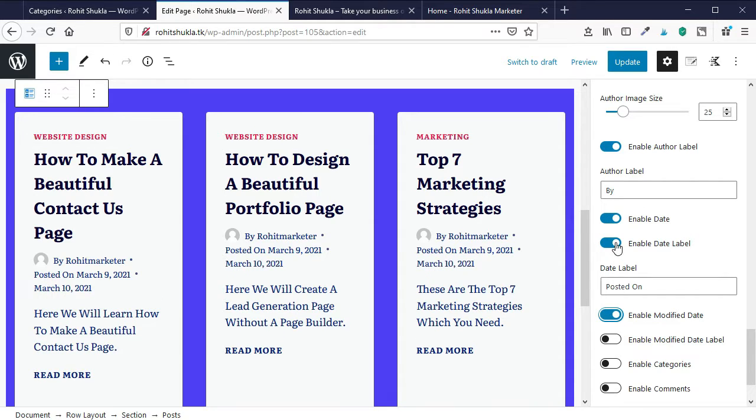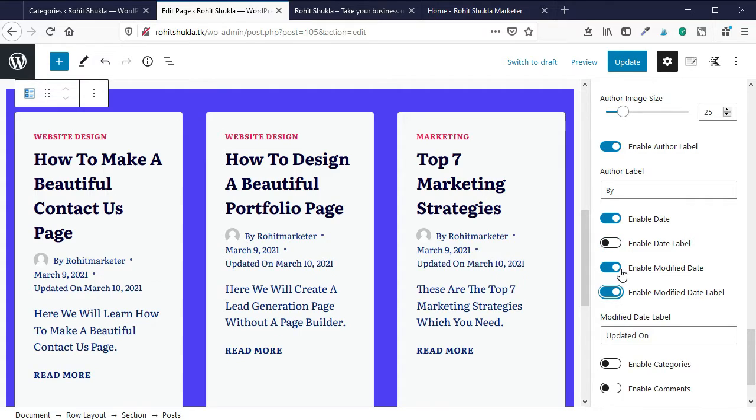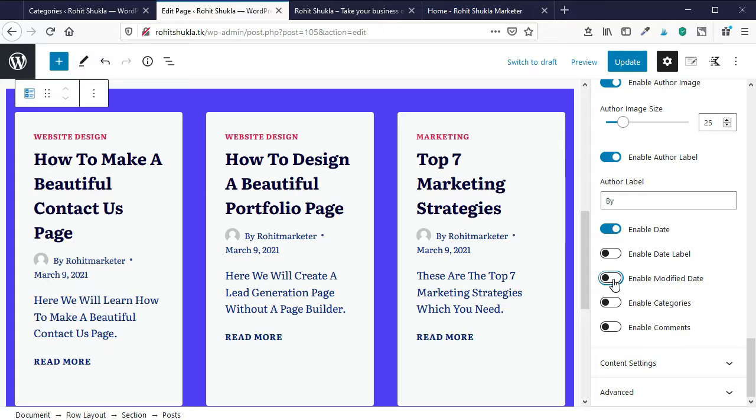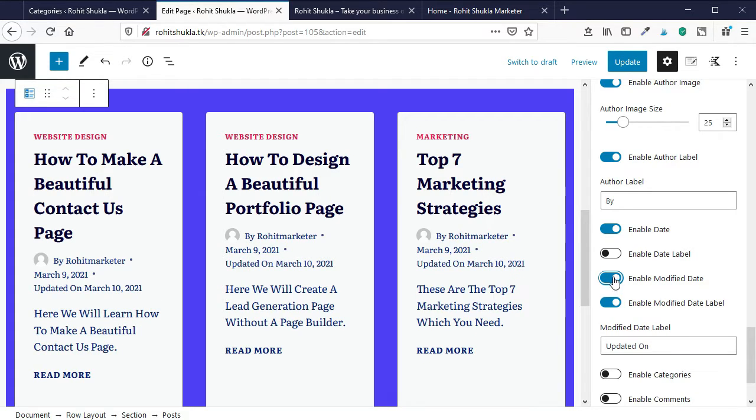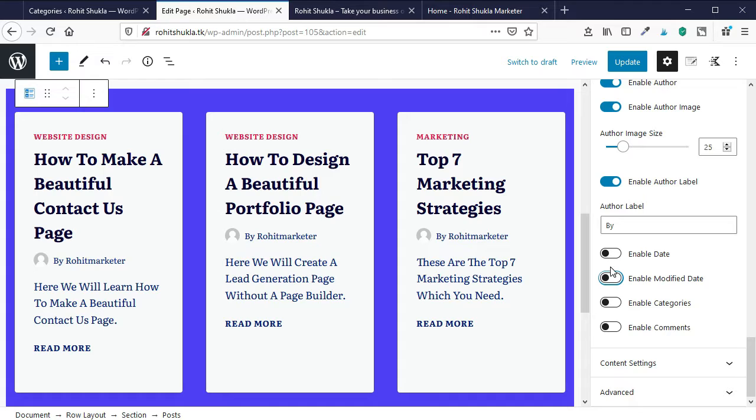There are so many options here. We can enable or disable the read more button. I'm just tweaking which one is looking good and which option I require. So you can go and play with these options and configure it according to your preference.